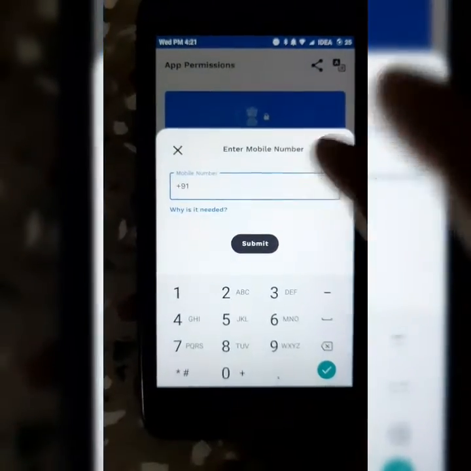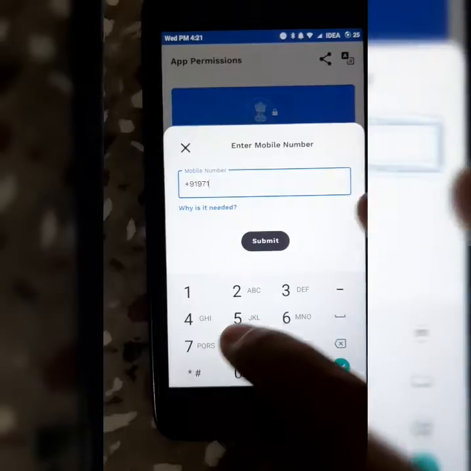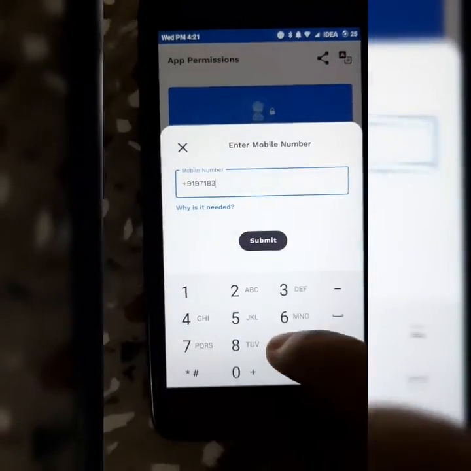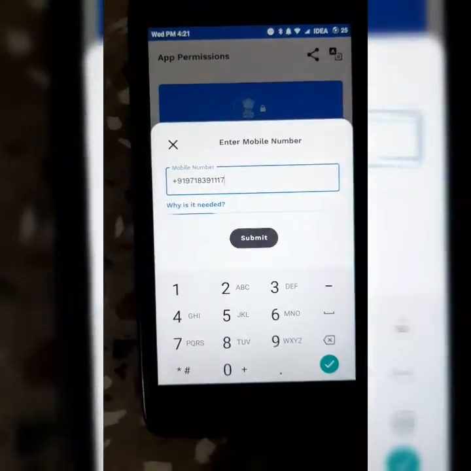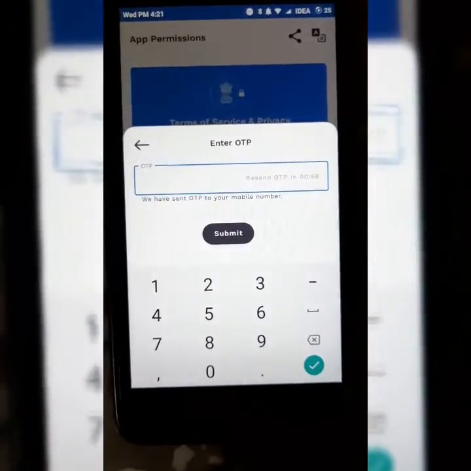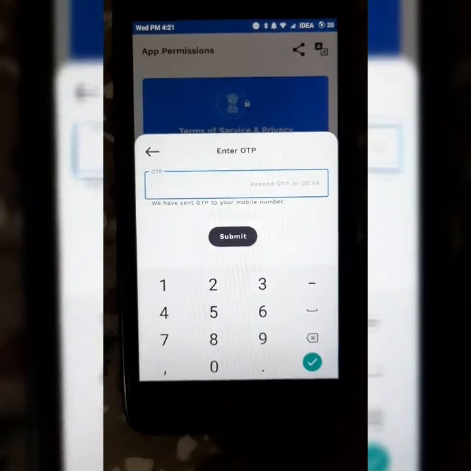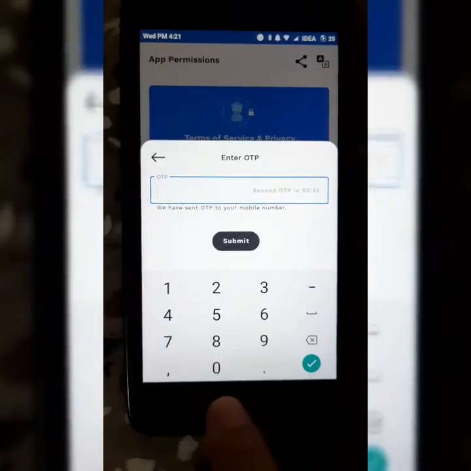Okay, now let's try with a mobile number other than yours. You have to have one alternative number,